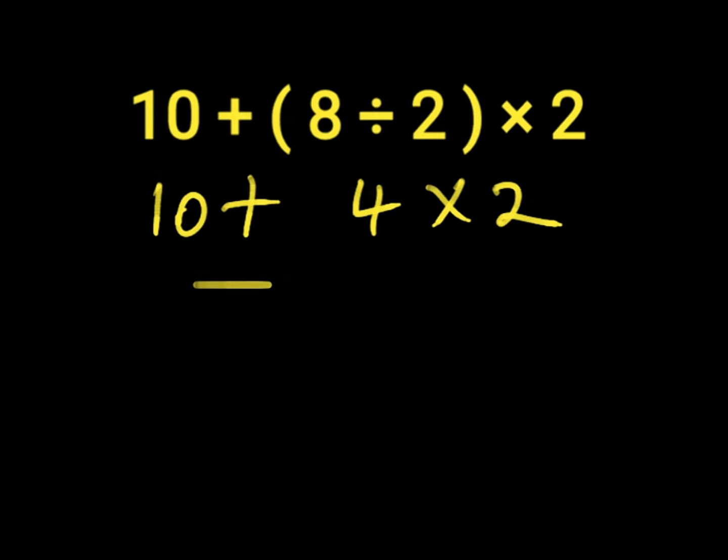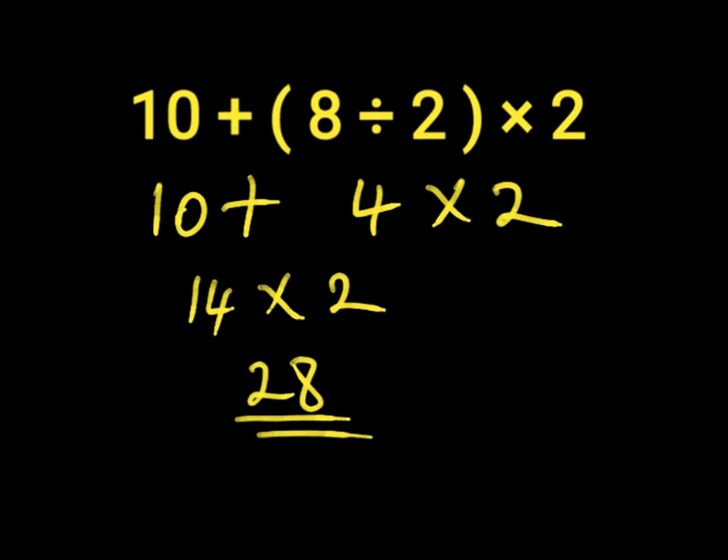10 plus 4 will give us 14. Then we have 14 times 2. 14 times 2 will give us 28. 28 is the wrong answer to this expression because we did not work with the order of operation, which is